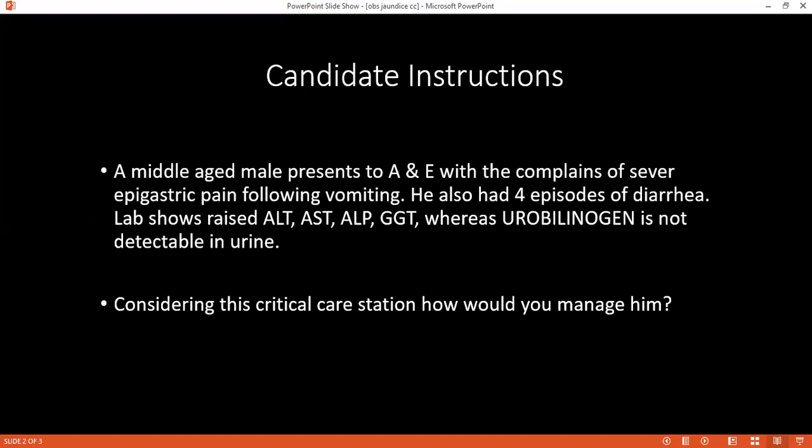Which investigations would you ask for? The abdominal ultrasound, abdominal CT scan. If you can read the question, it already shows certain blood tests are raised. What does the liver function test show? How would you read that? Alanine transaminase and aspartate transaminase are elevated, and alkaline phosphatase and GGT are elevated. Then also urobilinogen is said to be absent in the urine. What does this signify? This is in keeping with obstructive jaundice. It means the conjugated bilirubin does not get to the